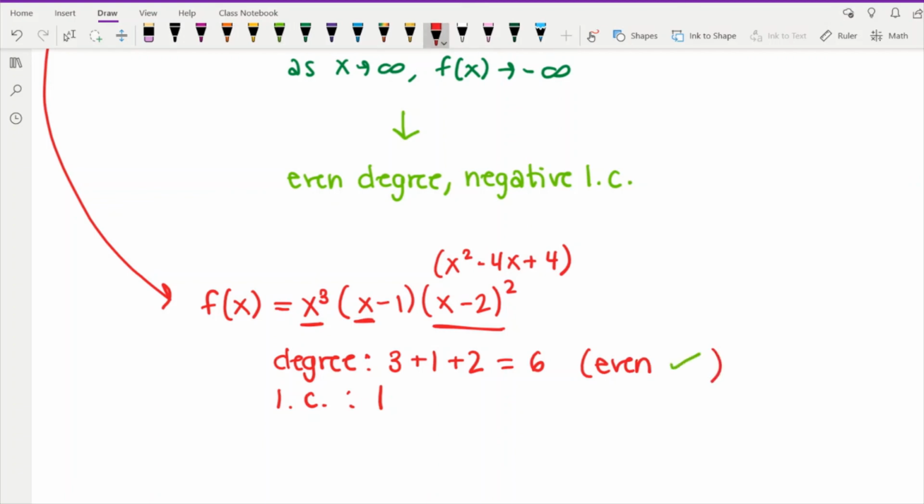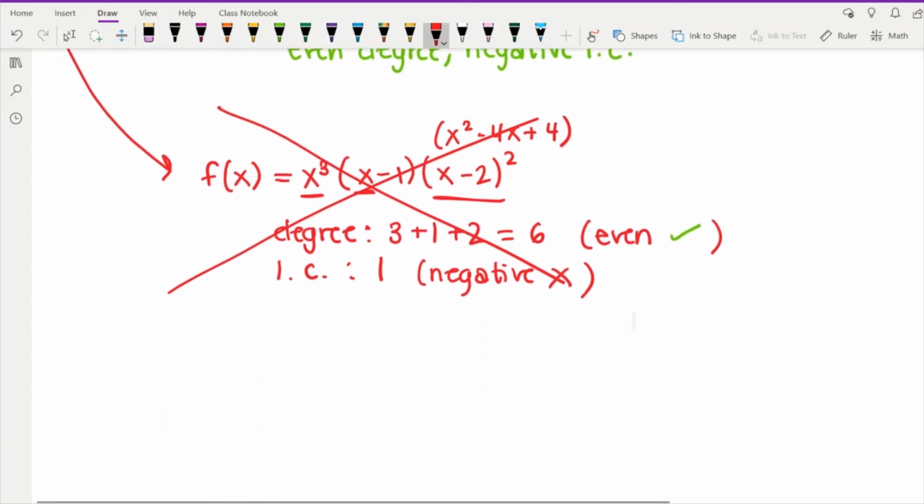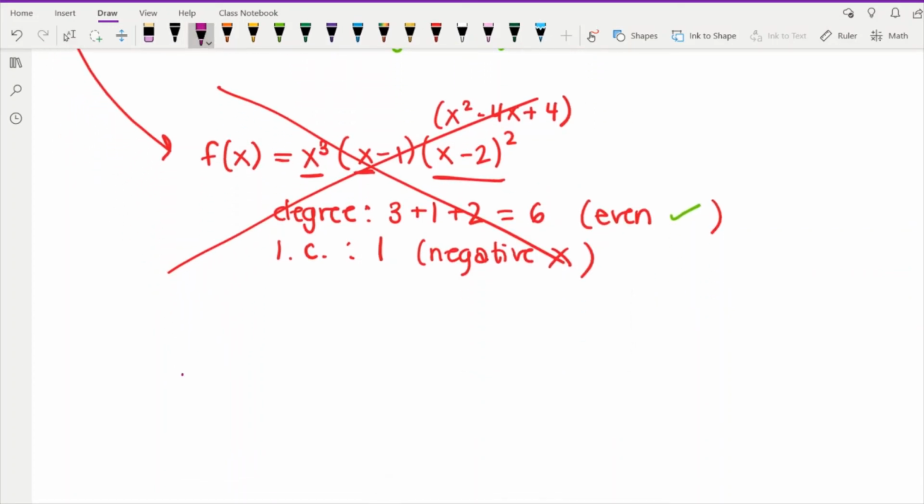But the number 1 is not a negative, right? We needed a negative leading coefficient to get the correct shape. And so this is positive, and that is wrong. That tells us that this whole thing is not correct. So how can we make a quick adjustment that would make this correct? What could we introduce that would make this have a negative leading coefficient instead of a positive leading coefficient? Well, we could just throw a negative sign on the front, right? If we just put a negative sign out front,